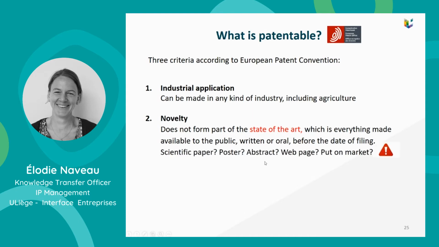So pay attention. If you want to file a patent, any scientific paper you have published before is state of the art. Any poster, any abstract, web page, or even if it is put on the market, it is considered prior art. The main problem we have here at the university is about abstracts, because you see that there is